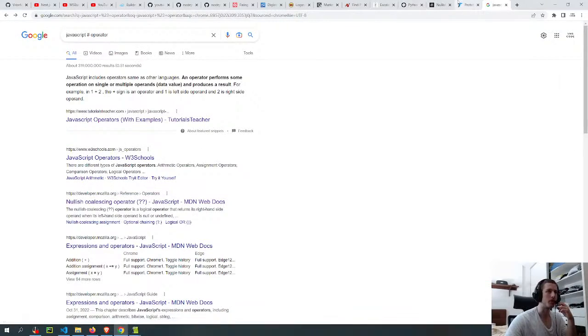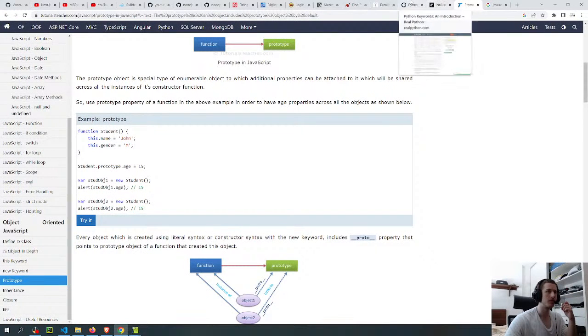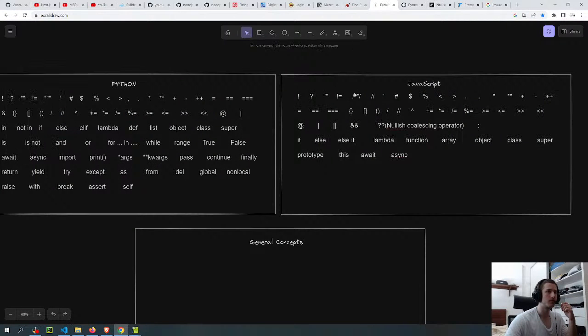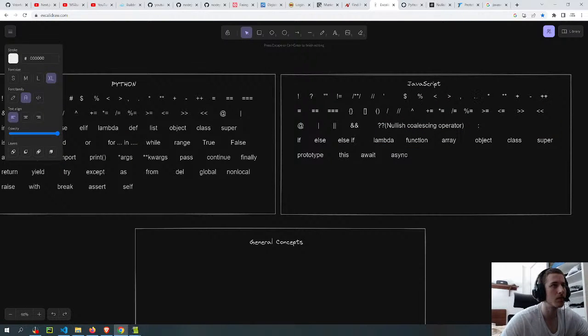Yeah, I don't think I'm gonna put it there. A dollar sign I know that it has.